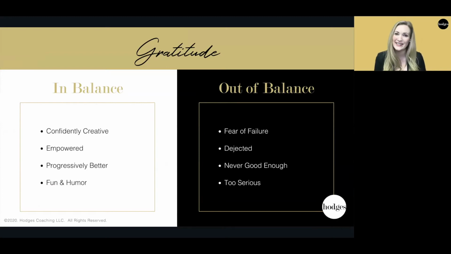So I hope you've been practicing gratitude. It's definitely something that you can put into practice. It is an act, it is a behavior. And when gratitude is out of balance, people feel ill. There's a lot of fear of failure because there's again so much focus on the negative, which creates an environment where everyone just feels really dejected because they feel like they're never good enough. They're just never doing anything right. Or when they do something well, not nearly as much emphasis is placed on what was done well versus what was done wrong.